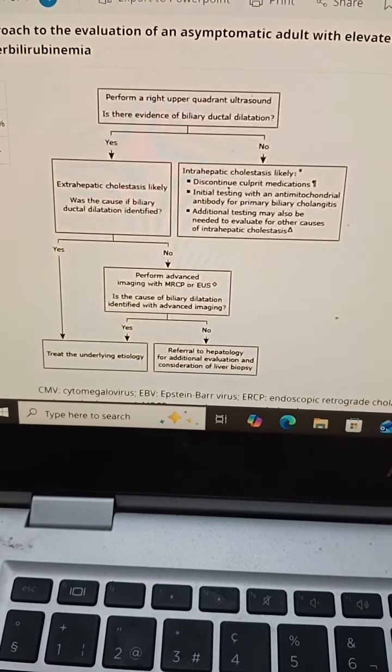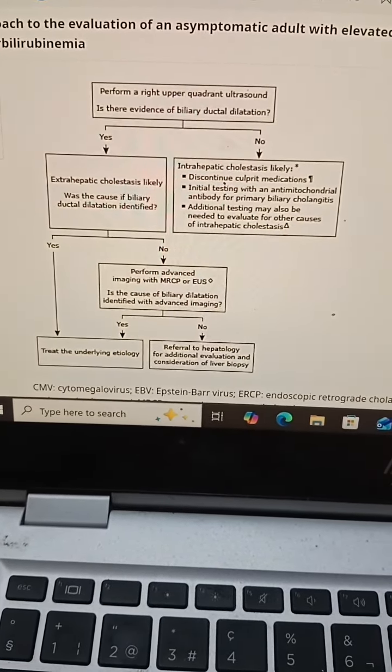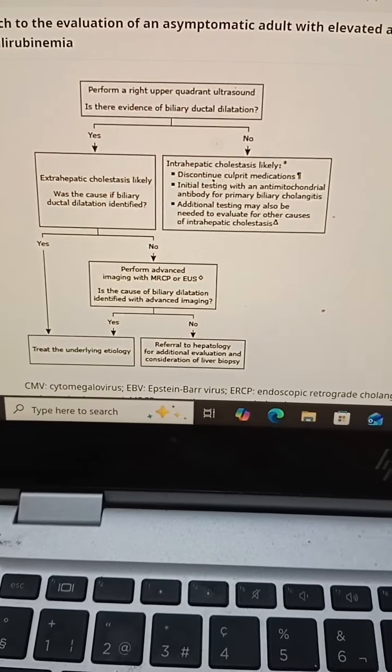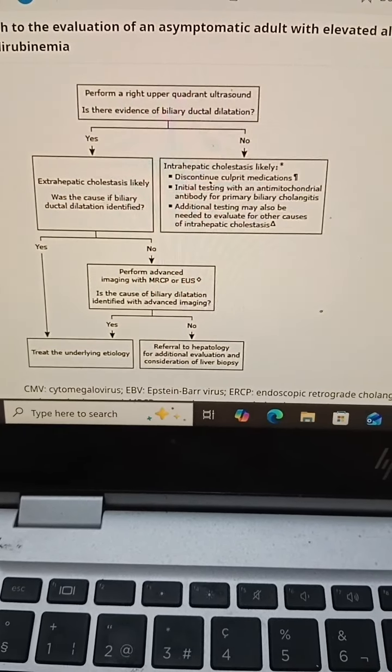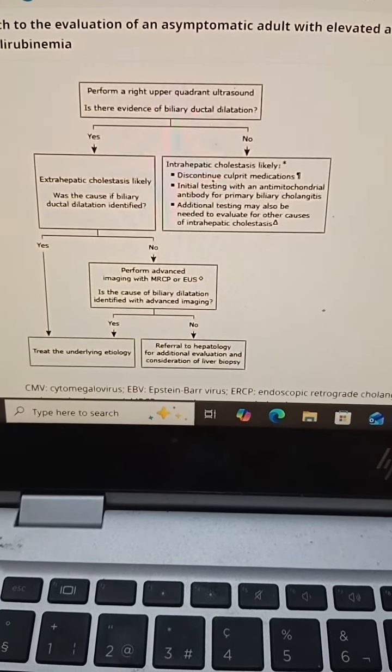So now a patient is presenting to you. He's totally asymptomatic. His bilirubin levels are raised, along with that, his ALP levels are raised. So what do you do? How do you proceed? You just simply perform a right upper quadrant ultrasound, and you see, is there any evidence